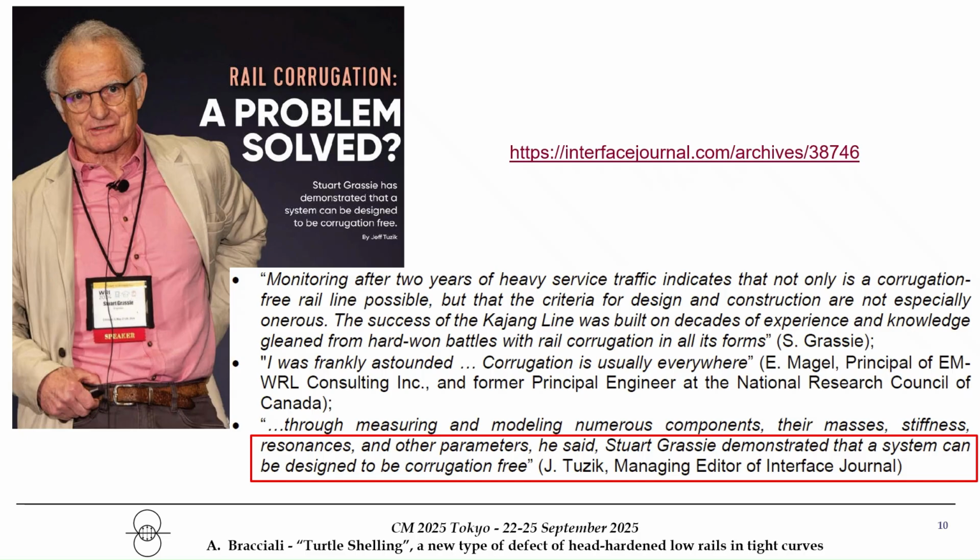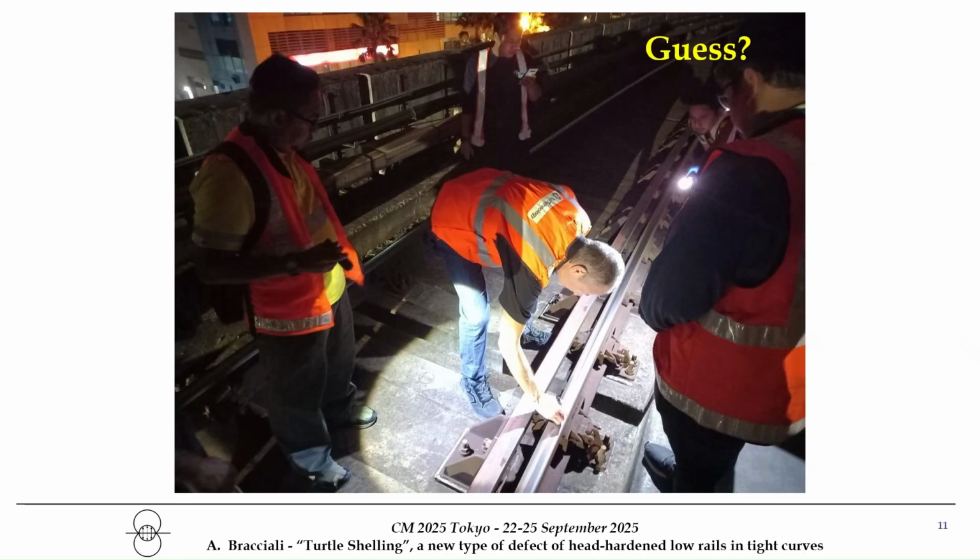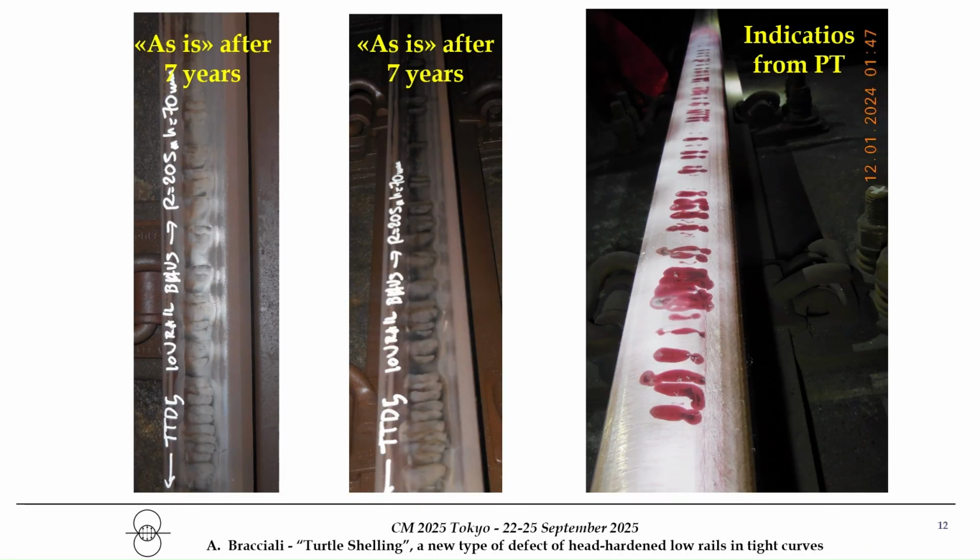Then a strange picture with a guy writing something on a rail. That's me in Kuala Lumpur. Because, mysteries of life, I was contacted to make a consultancy on noise and vibrations there. So I was there to do something else. But walking along the track and patrolling the line, I discovered something totally unexpected. I saw something like this, a surface defect, without any spalling or gauge corner cracking. I'm talking about a low rail.